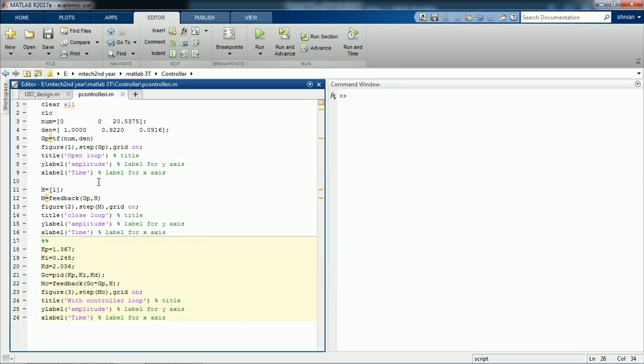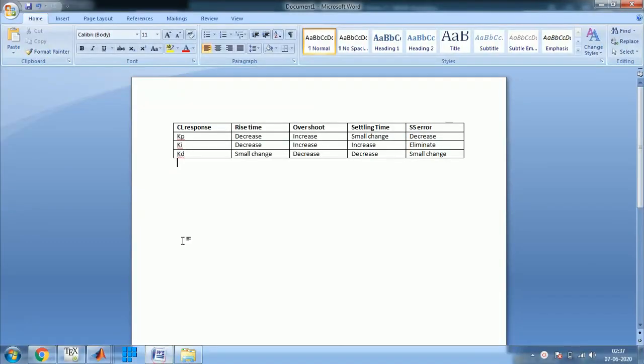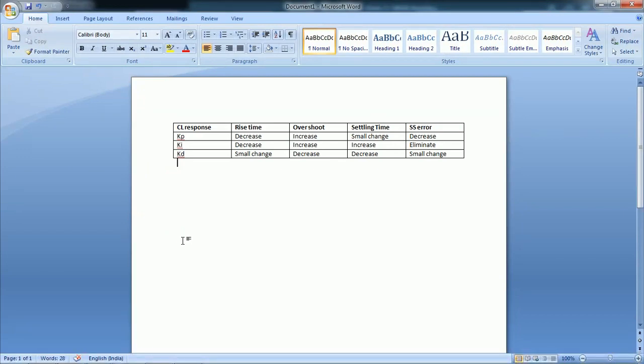As you can see, this is the MATLAB code for PID control design where the PID function is used. Before going into the main code, I have made a small table just to show the effect of PID on rise time, overshoot, settling time and steady state error. Proportional gain will decrease rise time, increase overshoot, and decrease the steady state error.